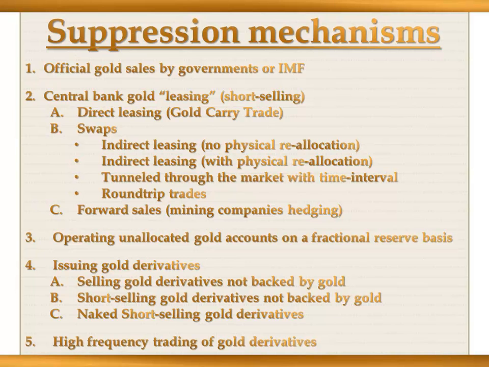Then, in more recent years, some Wall Street power brokers have invented a new way of front-running the market using supercomputers and algorithm trading. At the end of the chapter, we will have a closer look at this clever front-running scheme that is mentioned under number 5 on this slide. So, here you have the complete overview of the methods that could be used to suppress the price of gold. In the next videos we'll have a closer look at each one of them.